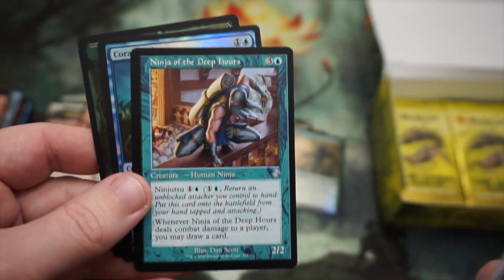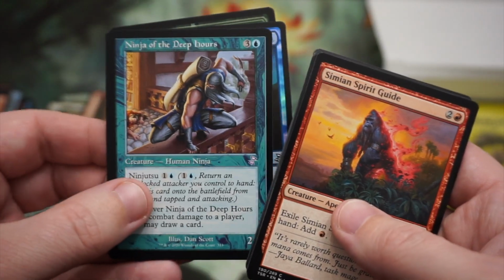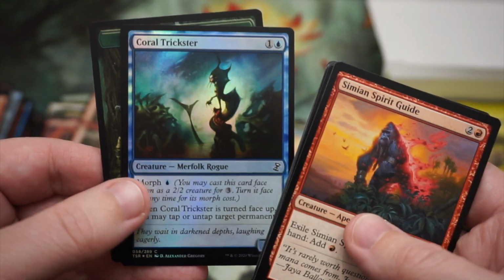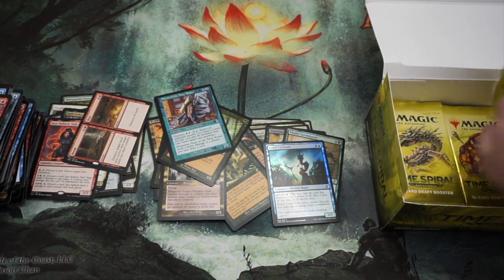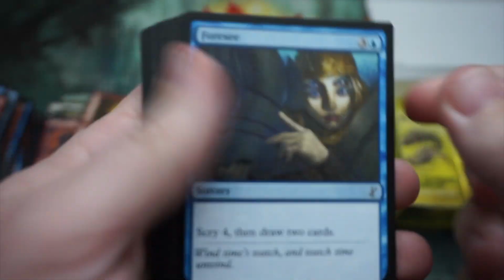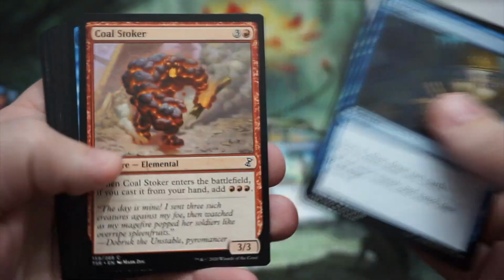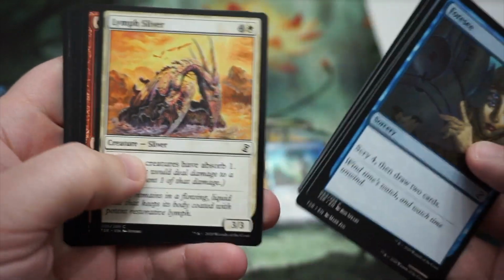Ooh, some Betrayers of Kamigawa coming at you. All right, a Ninjutsu. Ninja of the Deep Hour. Yeah, that's cool. Oh, I'm hoping for one of the heavy-hitting, time-shifted cards. What's that one? You know what I'm talking about. The Chalice of the Void would be nice. Or there's some legendary creatures and